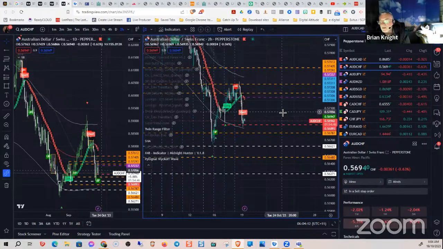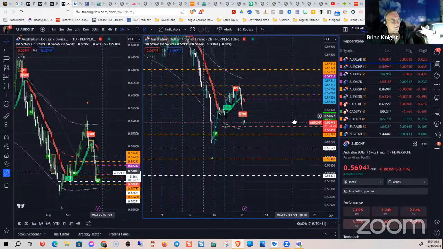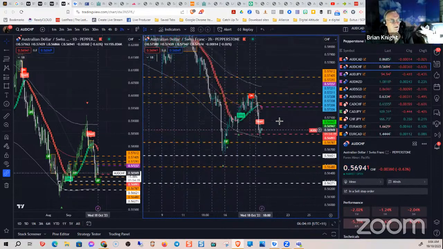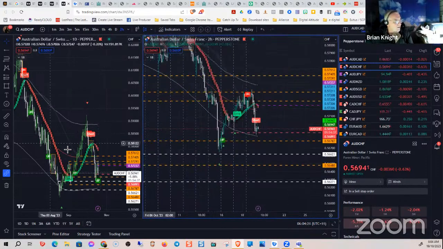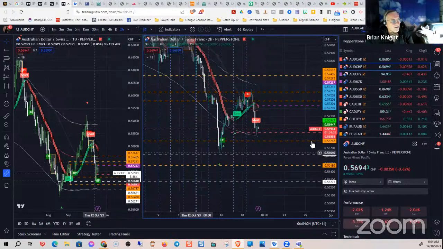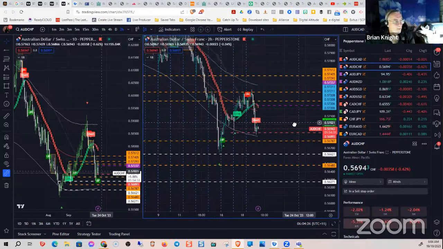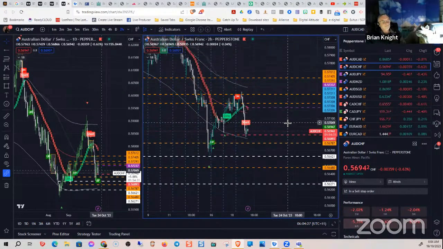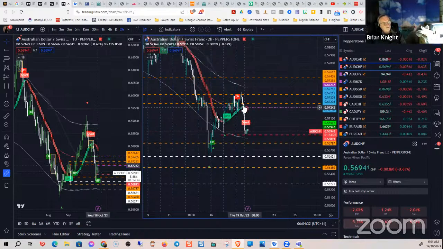What am I going to wait for? I'm going to wait until Sydney opens, the spread settles down, and get into a short, because that's what it is over here on the daily. Get into a sell. This real change was when I was asleep, so I didn't get to see that. While I was asleep, it punched down, and just before I got into this session, it stopped me out.